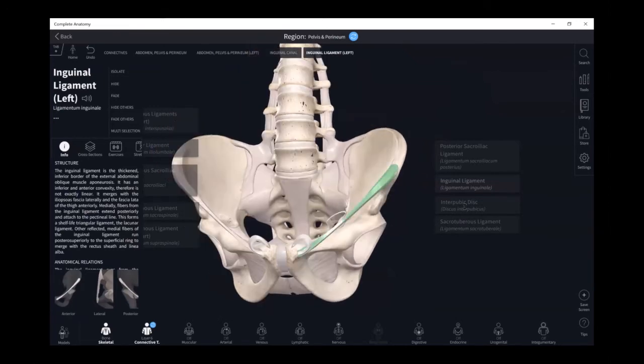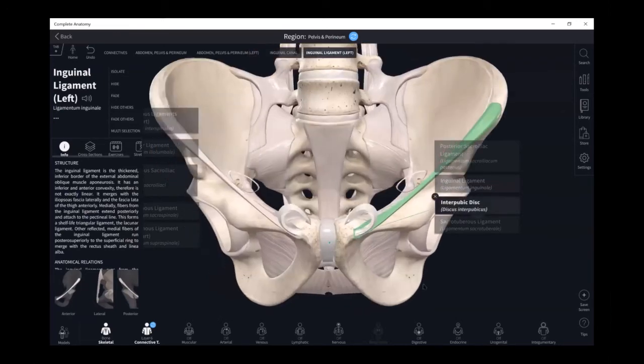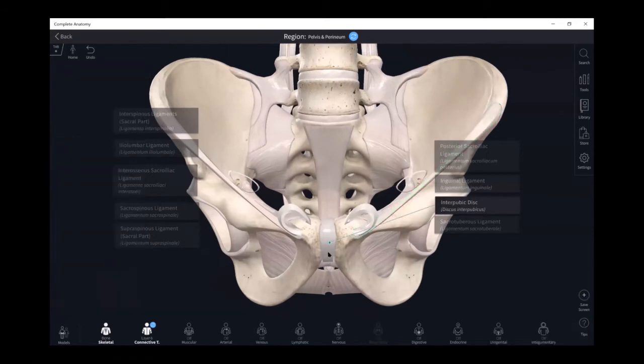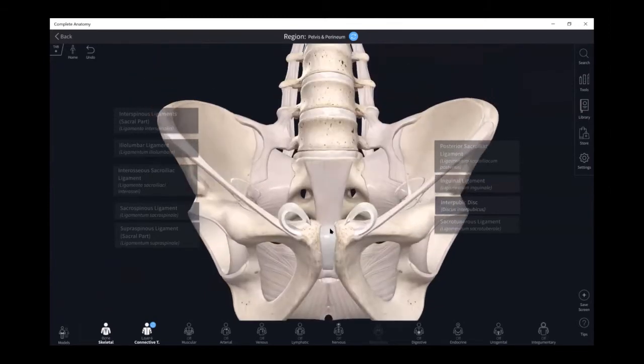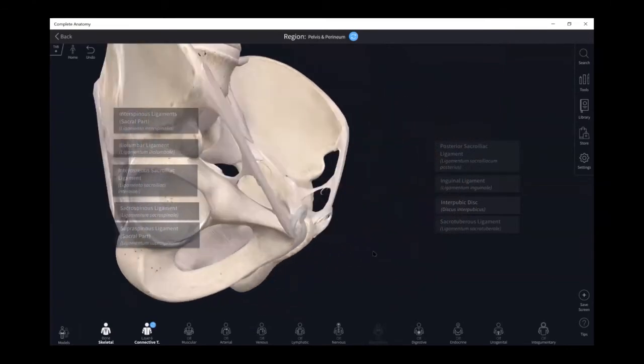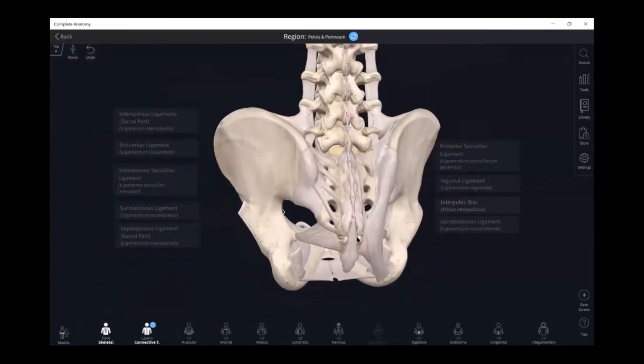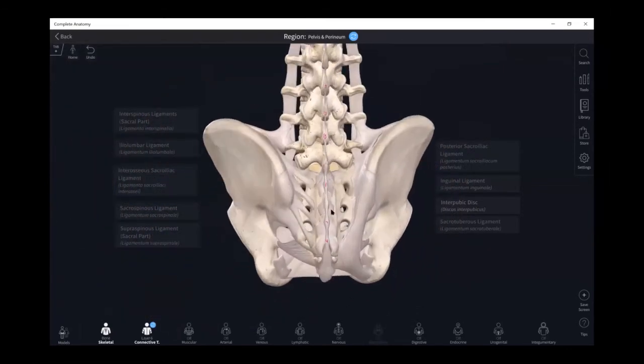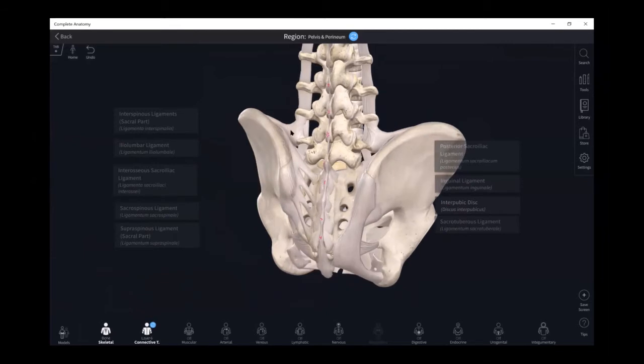We also have here the interpubic disc, sitting in between. A lot of people do tend to have pain at the interpubic disc for a variety of reasons, and definitely it is a needleable connective tissue. So in the anterior aspect, that's pretty well what we'll look at. We'll move more posteriorly, and let's hit first the